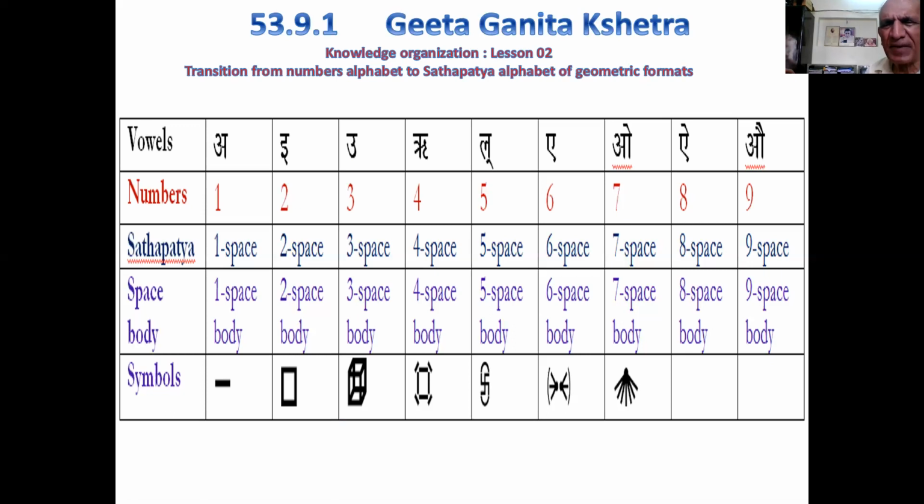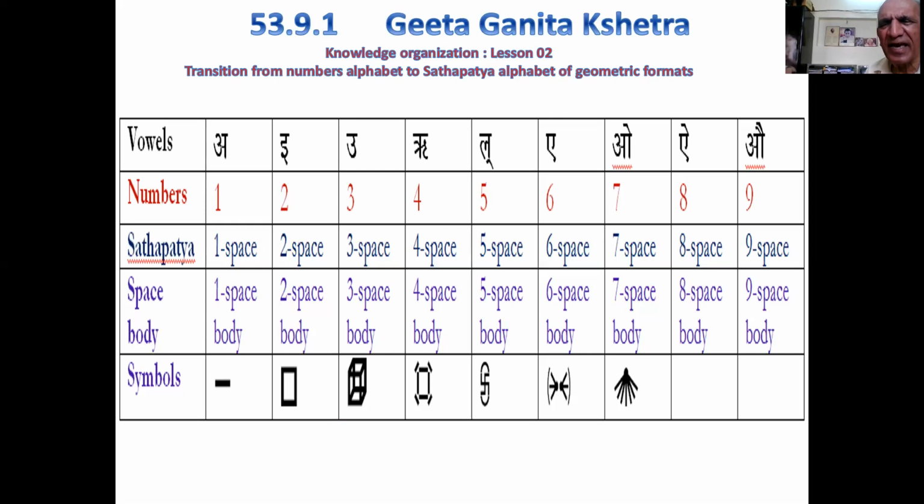Therefore, with respect to such transitional steps, we will first have an exploration for the references from within the text of Gita itself. Here, the pointed reference may be taken as Shloka 3 of chapter 3 and Shlokas 4th and 5th of chapter 5. Soon we will be touching upon this aspect, but for the present, at this phase and stage, we shall take it that the transition from numbers alphabet to geometry, to geometric formats, to Sathapatya in respect of these nine vowels,